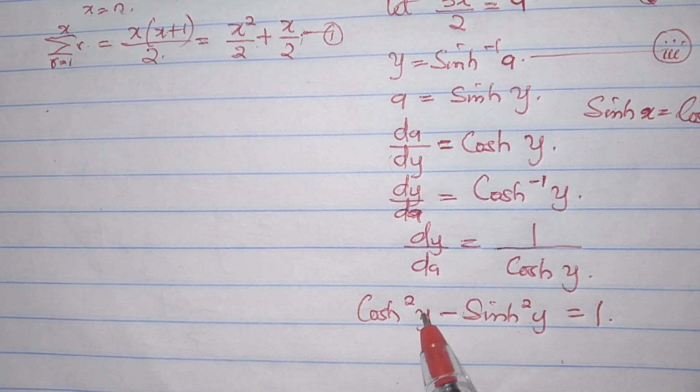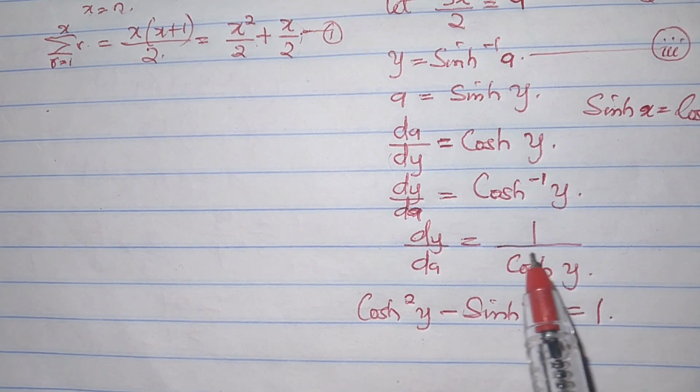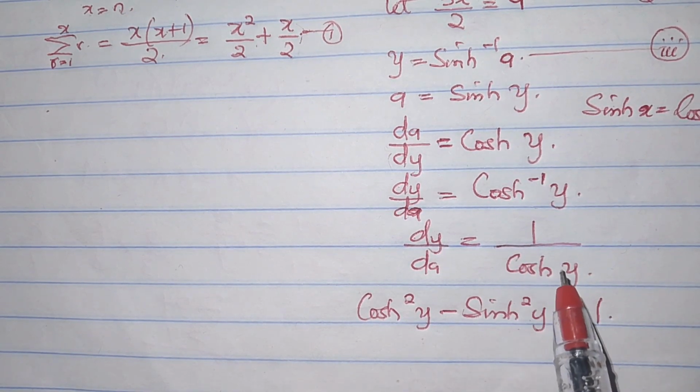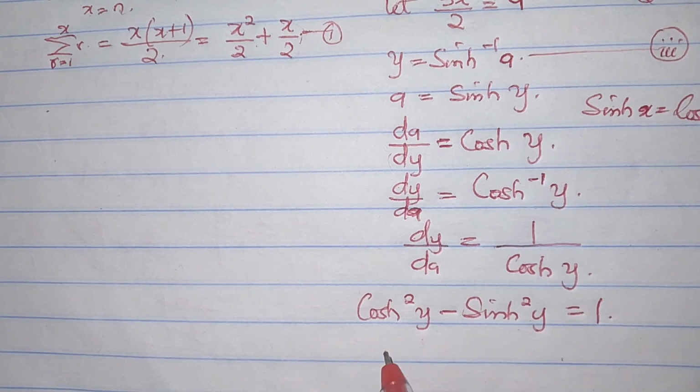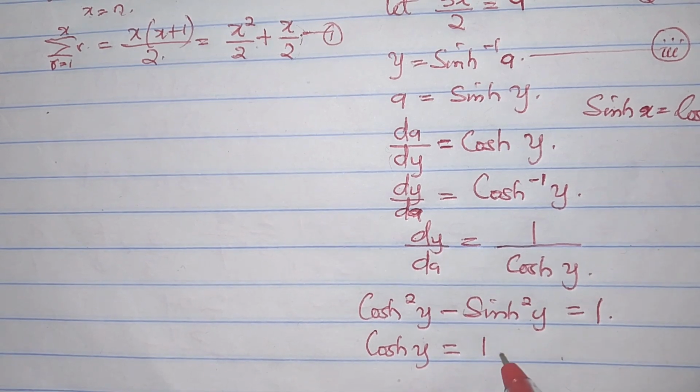So since the cosine square y minus sine square y equals 1, we have to eliminate to find cosine y from this equation. Cosine y here will now become cosine y equals 1 plus